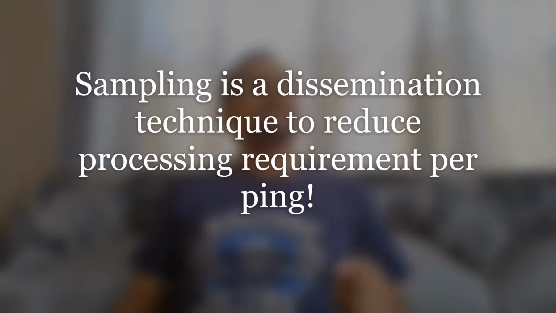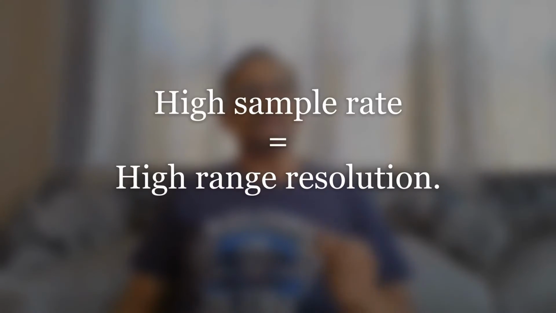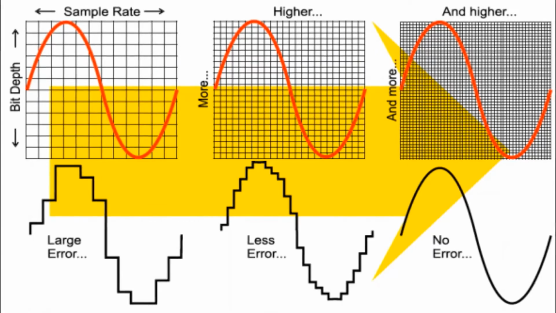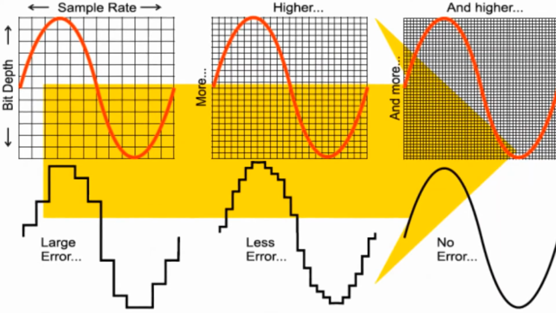Simply stated, sampling data is a decimation technique used for reducing the data rate between the sonar head and the processor, so reducing the processing requirement per ping. This sample rate also determines the range resolution of the sonar. To put it in perspective, let's consider a sound speed of 1500 meters per second with a 34 kHz sampling. For the smallest possible range, the range resolution will be 22 millimeters.